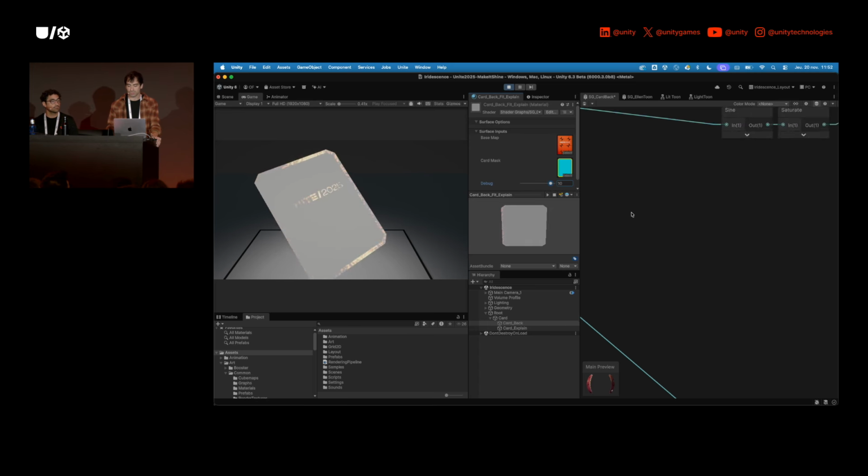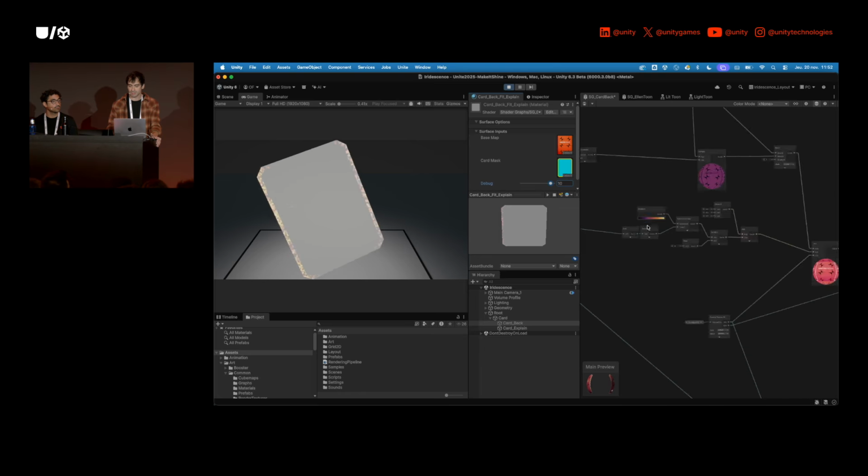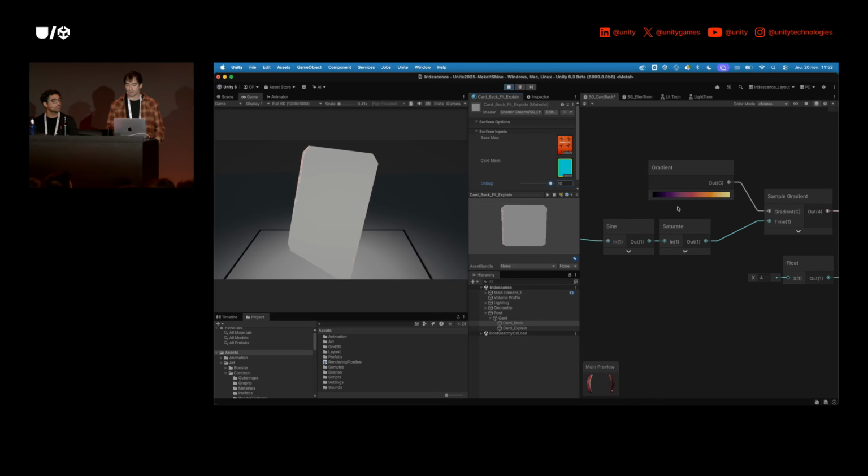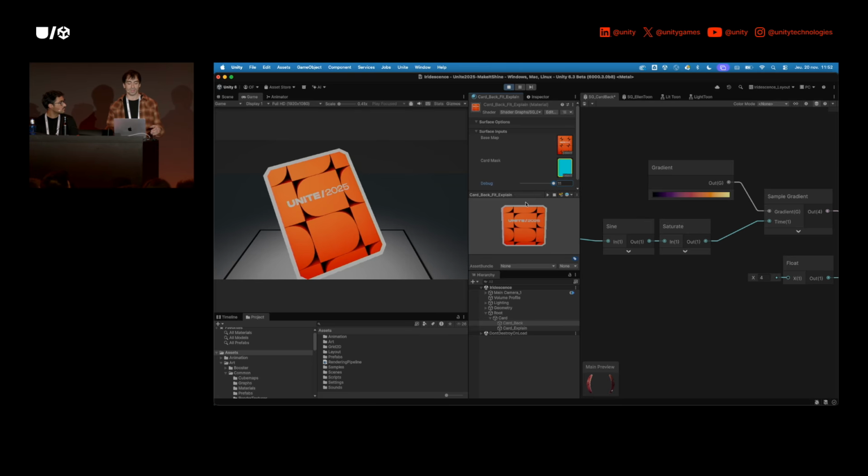And again, we can just sample a color ramp to get this color. We have everything that we needed, and finally we can blend everything together to get this pretty